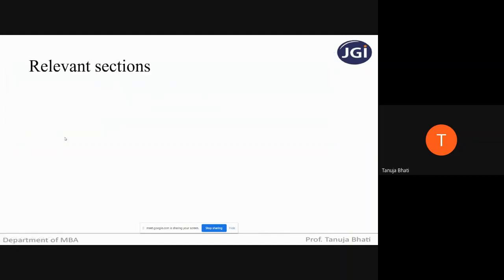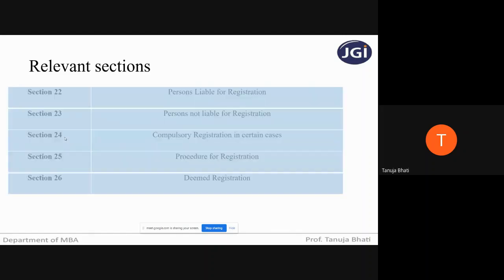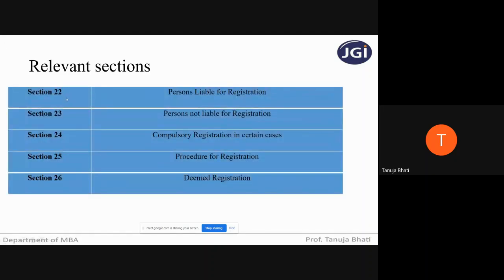So registration, before we move ahead with what is registration under GST, let us know the relevant sections which are applicable in respect of registration under GST. Section 22 talks about persons liable for registration. Section number 23 talks about persons not liable for registration. 24 talks about compulsory registration in certain cases. Section 25 talks about procedure for registration, and section 26 will be talking about deemed registration. So these are the different registration